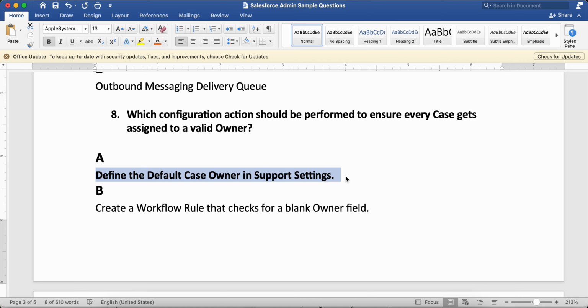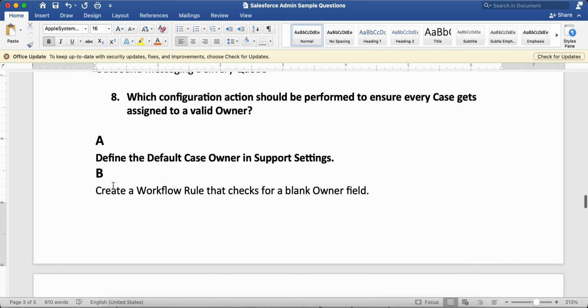Okay, but in some cases, if even then a case is left, then there will be a default case owner which will be assigned, which we will set up in the support settings. Okay, so actually this answer is not exactly correct according to the question, but since we don't have any other option which seems correct, we will go for this one.